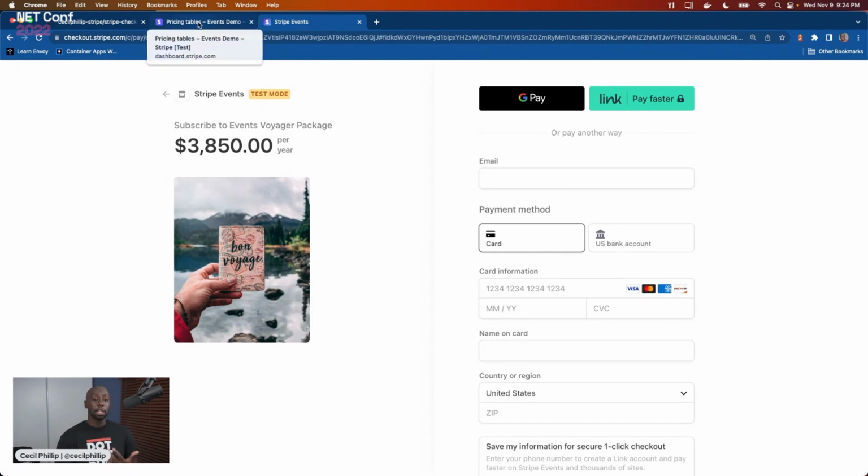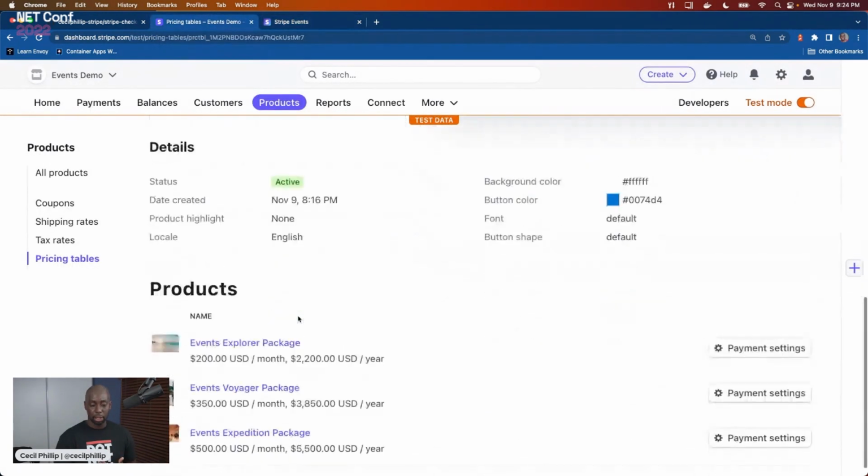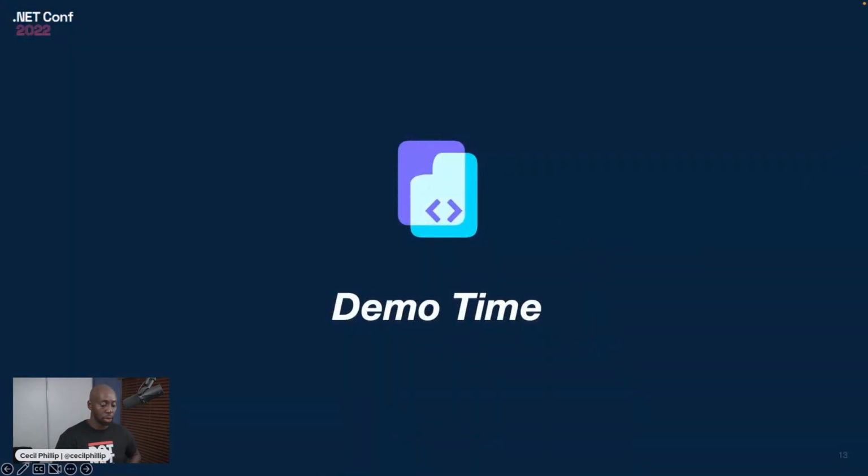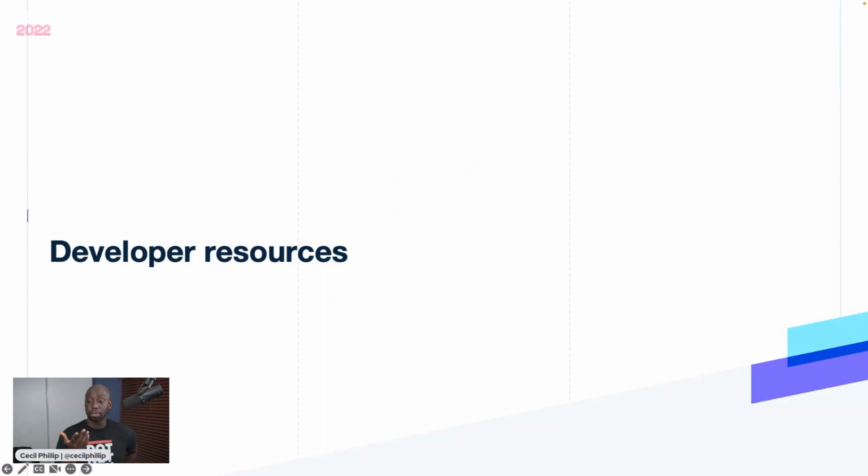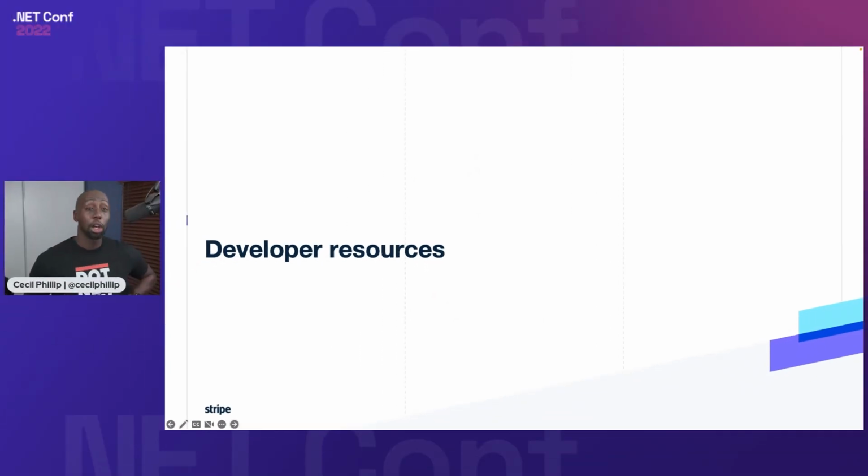But again, the part that I really want you to recognize and notice is that this is all super customizable. You have the ability to write code and generate the form yourself, or you have the opportunity to click around in the UI and have it generated, and now you can copy paste it. So depending on what you're trying to do, you have different options to help you achieve your goals. Hopefully that made a little bit of sense to y'all, and you see how easy it is to start integrating Stripe into your apps.